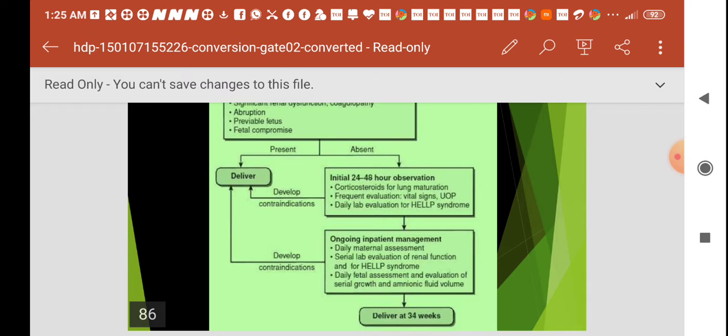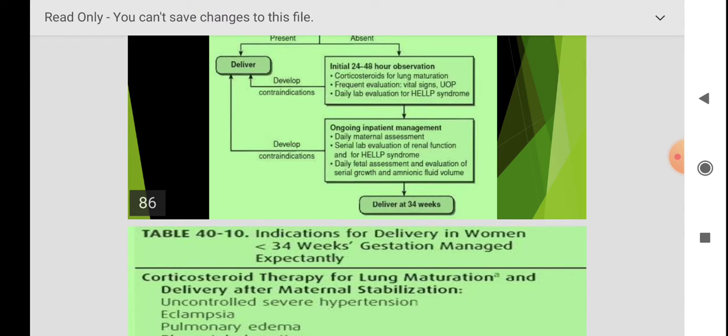So once you are considering a severe preeclampsia case for conservative management, you have to rigorously monitor them daily for both maternal assessment as well as fetal assessment. Maternal assessment, how do you do it? By checking her BP daily and getting the lab investigations done for progression or worsening of the disease, looking for LFT, RFT and daily urinary protein excretion. And daily fetal assessment is done by daily fetal movement kick count, NST, and ultrasound for fetal growth and amniotic fluid volume as well as biophysical profile. Then you can deliver her at 34 weeks after a course of steroids.